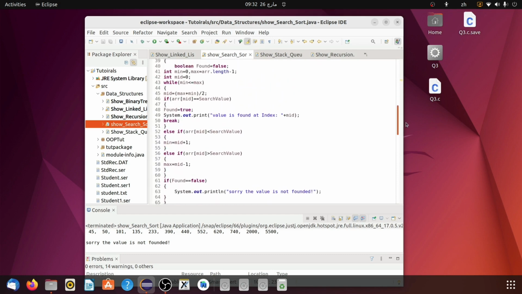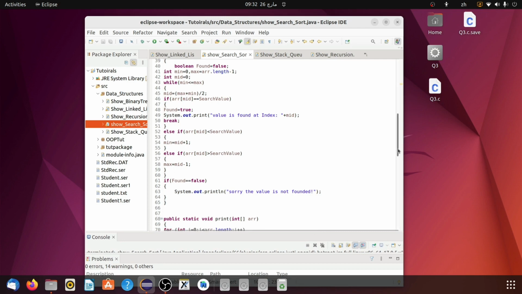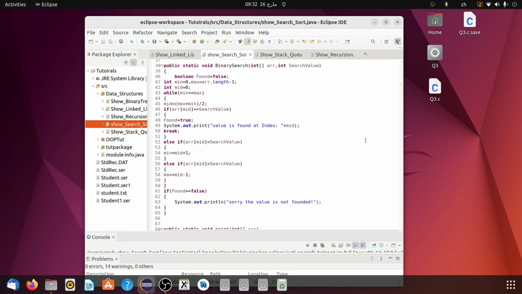So this is our binary search. How is it working? Supposing that you got an array, I'm just giving another example. First of all, you got minimum and maximum index, min and max. While min is less than or equal to max, you calculate mid, which is min plus max over 2. Let me number it: 0 1 2 3 4 5 6, 6 plus 0 over 2 will be 3. So this is our mid, and it checks whether array[mid] is equal to